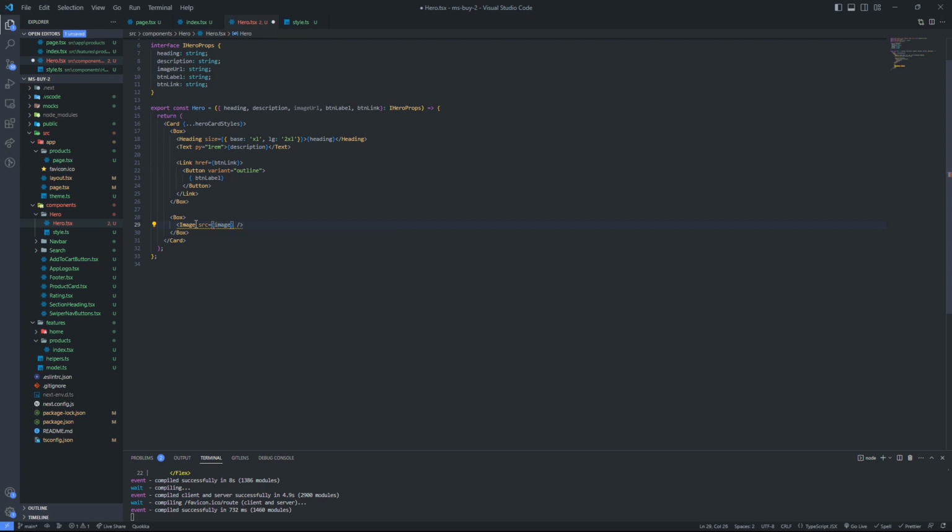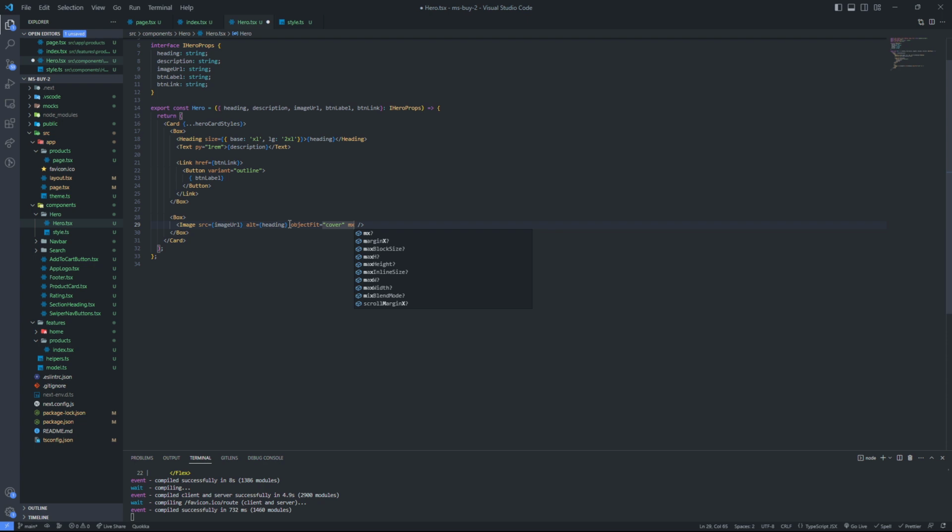It's going to be image URL. Alt, I'll just use the heading, which is basically going to be the heading of the page. I am going to add object fit cover,